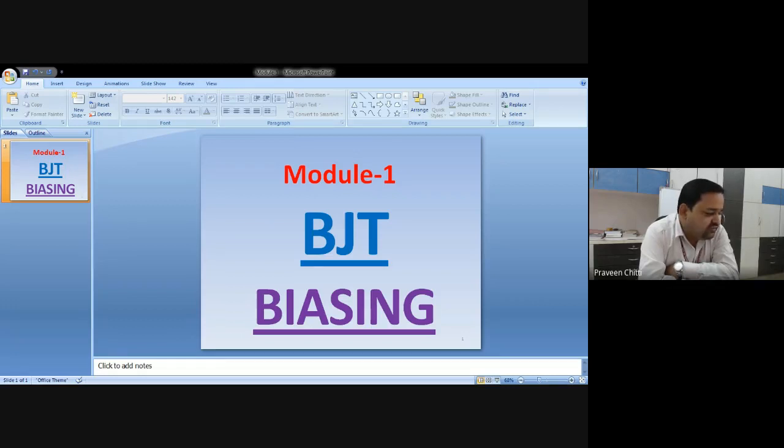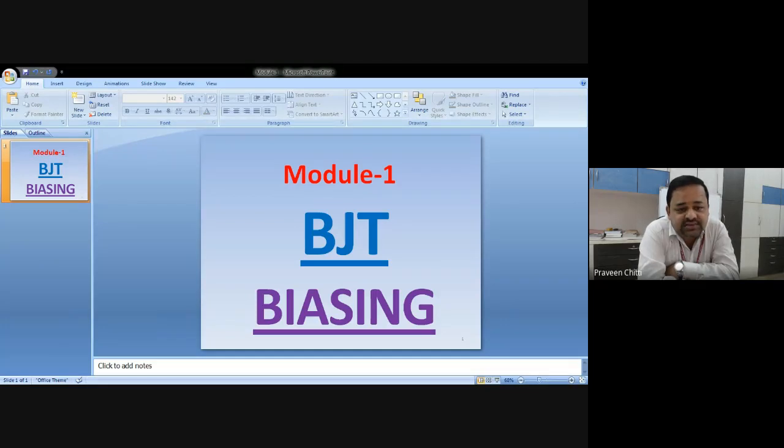But normally when we want to use any device as a two-port network, we need four terminals: two for the input and two for the output. But the transistor has only three terminals. So how is this difficulty overcome? This difficulty is overcome by making one of the three terminals common to both input and output.